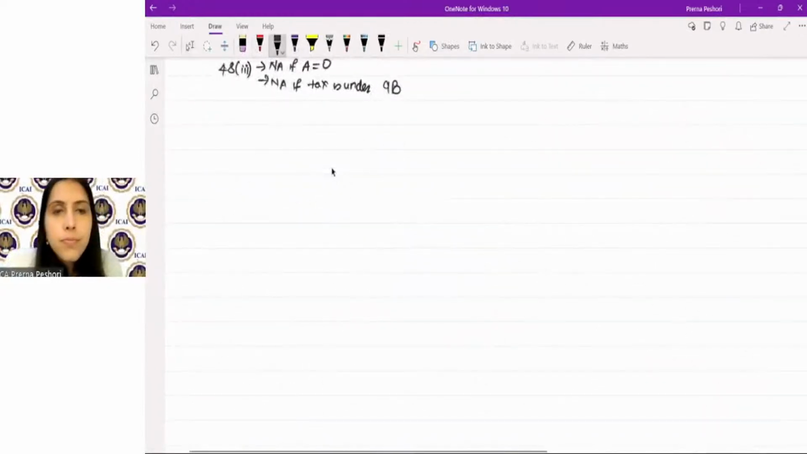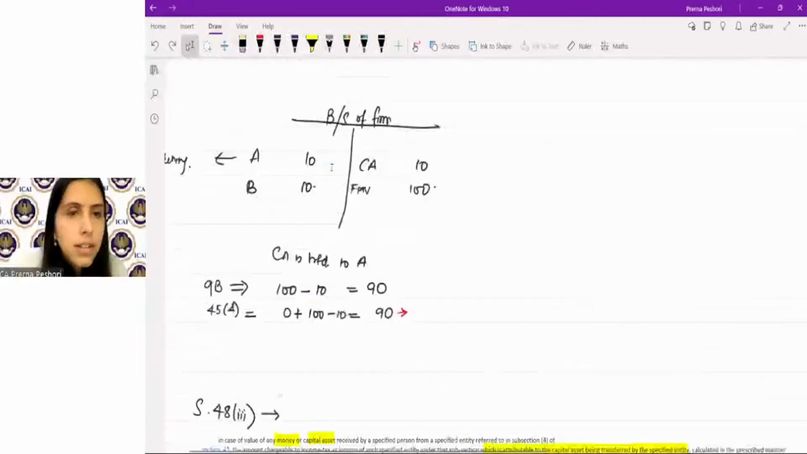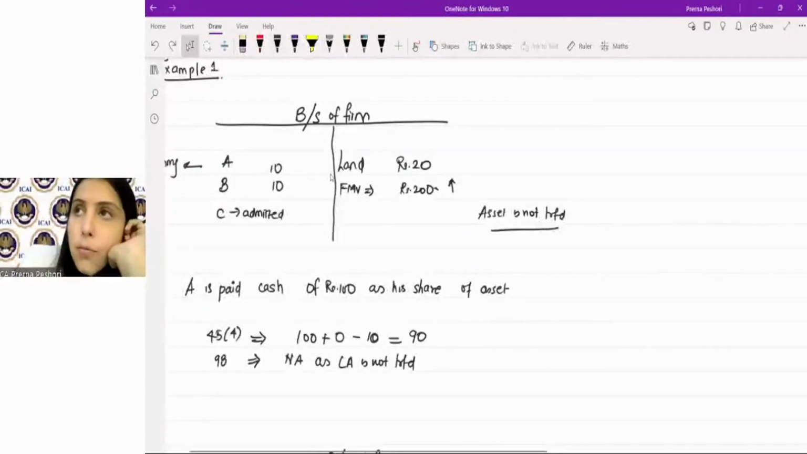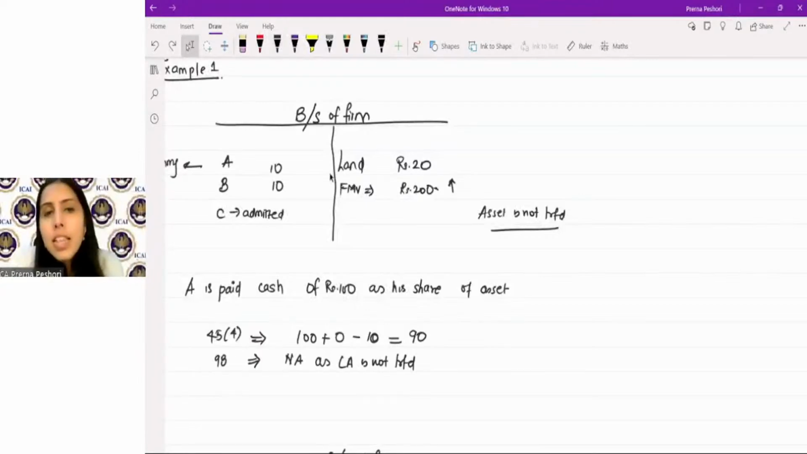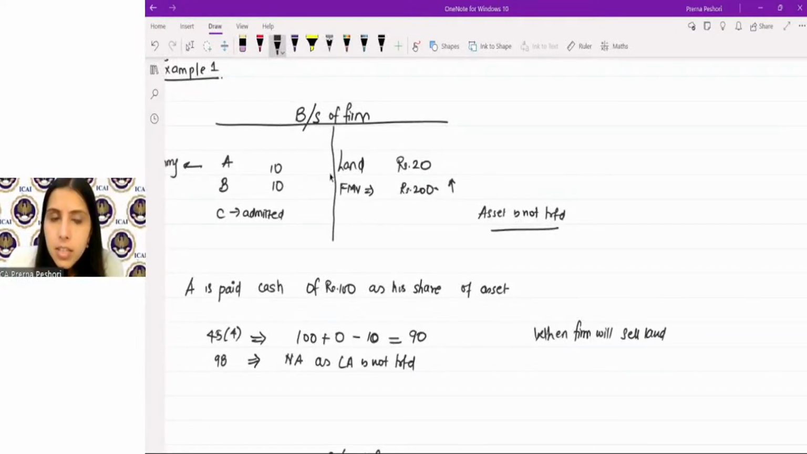Let me give you another illustration. So let's say under 45(4), one second, I've given you the illustration. I think this one, yes. Where the cash of 100 is paid, right? So now your 90 is taxed under 45(4), right? Now when the firm will sell this particular land, capital gain would be what? Let's say at rupees 300 it is selling. So capital gain equals 300 minus, let's say, the cost of acquisition is 20 only,